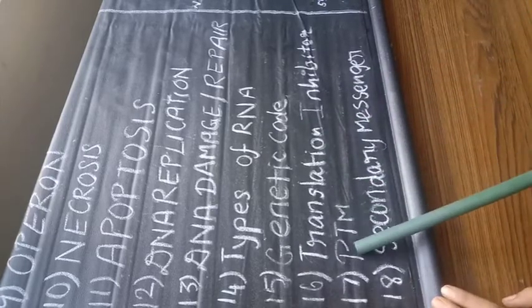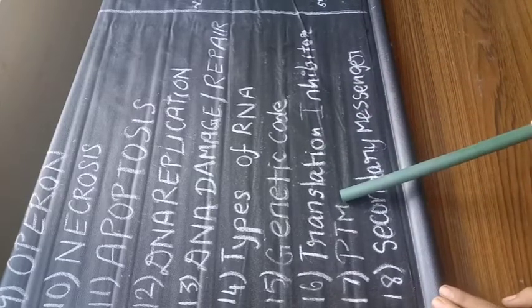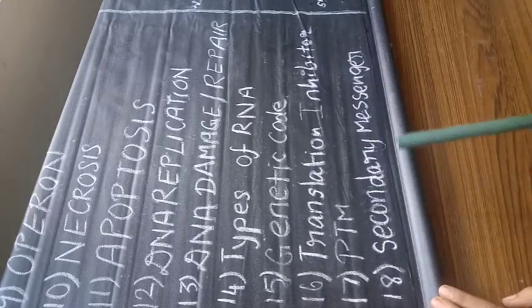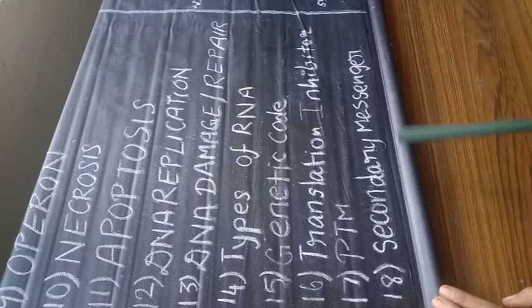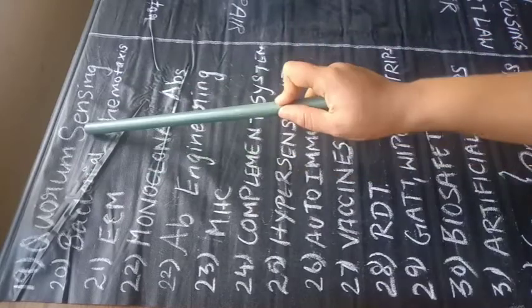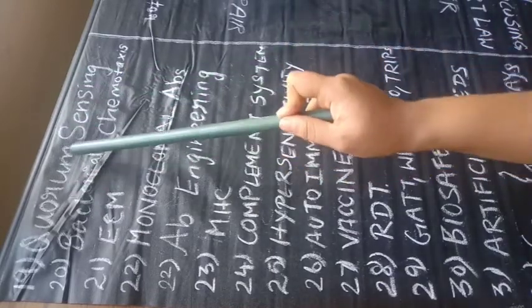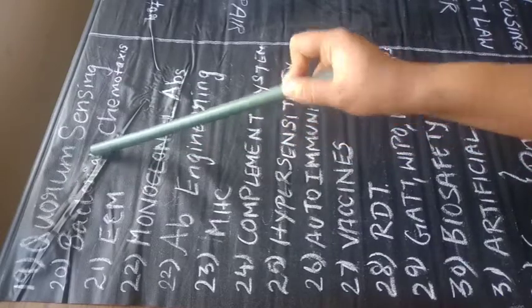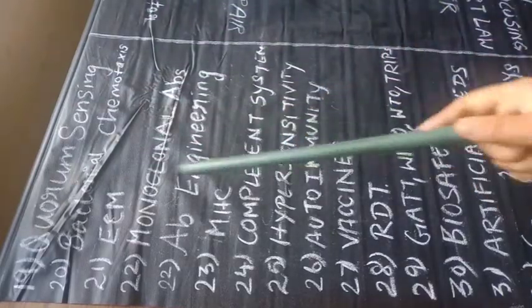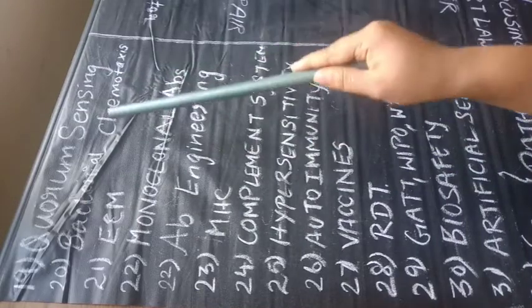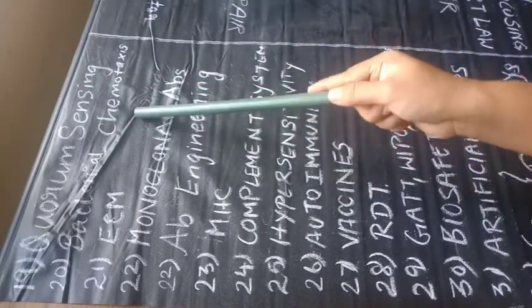Next is post-translational modification. What are the different types of post-translational modification? Last thing is the secondary messengers and their types. Okay. So next thing is quorum sensing. You should know about quorum sensing and what bacteria are involved in quorum sensing, from which organism this quorum sensing was first identified, like that you should know. And bacterial chemotaxis, what is a chemotaxis protein, and you should also study about the bacterial two component system.